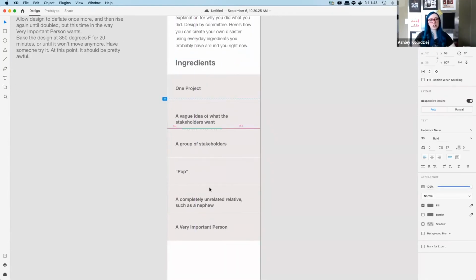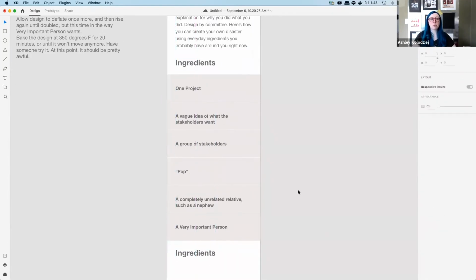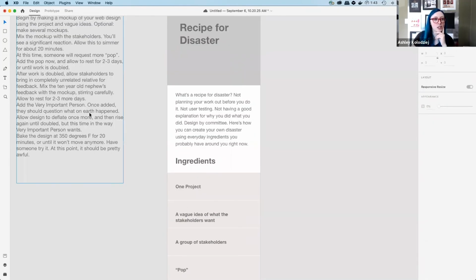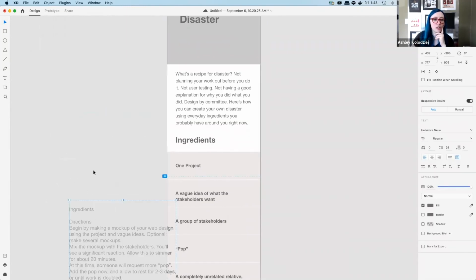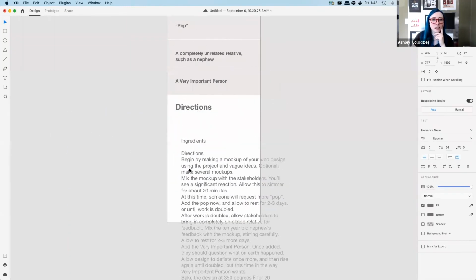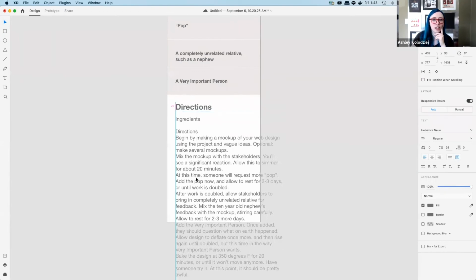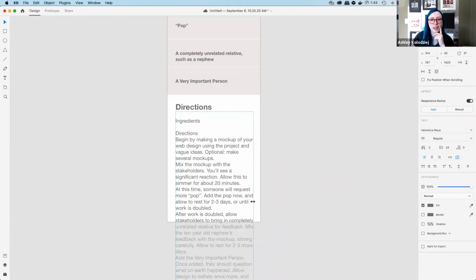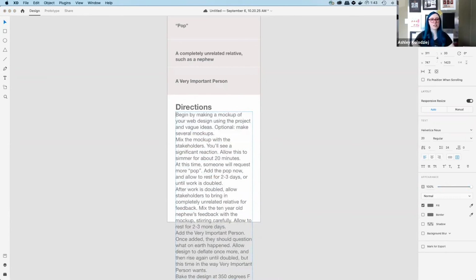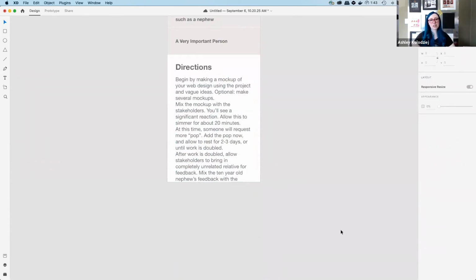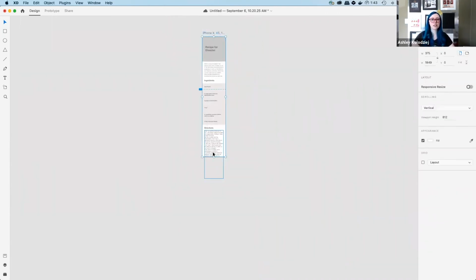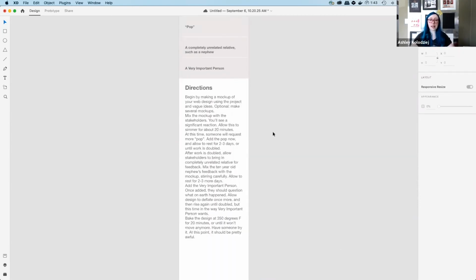Let's go ahead and alt-click ingredients down to create one more section, and let's call this directions. Now directions, I just want to be a little bit more straightforward with. My remaining content, put it down here, drag it until I get that little thing, and then resize the box so that it's like that. You'll notice that this is overflowing. So again, we're just going to zoom out, select this, and then just give ourselves a little bit more room to work.